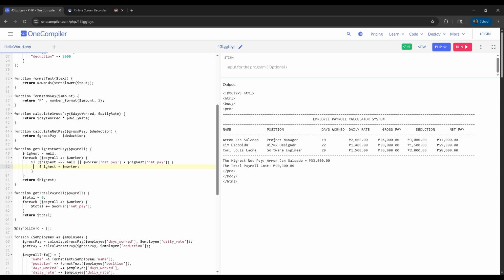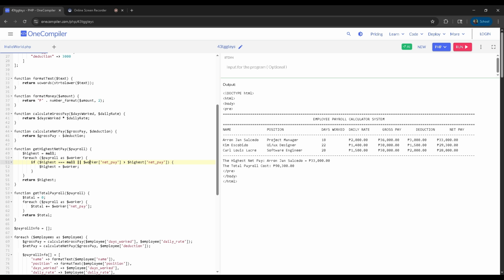So first we have foreach payroll as worker. If highest is equal to null, which is zero, or worker's net pay is greater than highest, so that is only equal.